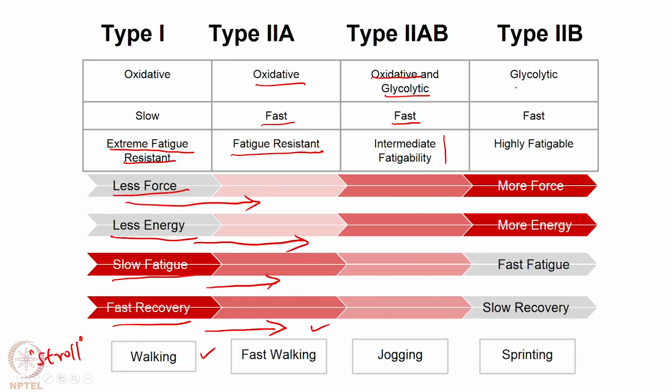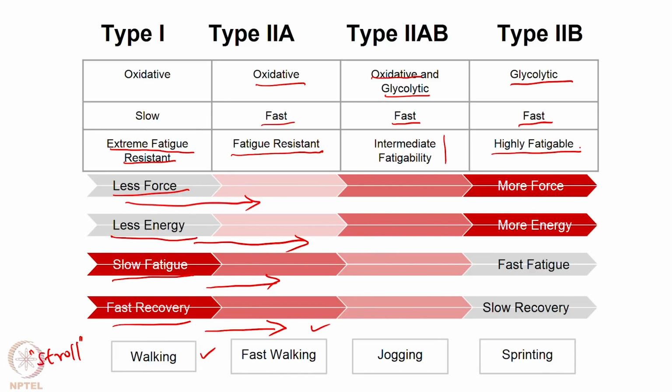I can sprint. If a person is sprinting or weightlifting or doing something like that, the process is purely anaerobic. It does not involve aerobic or oxidative processes, it only recruits fast fibers and is highly fatigable. I cannot lift a 100 kg mass and sustain it for a very long time, nobody can do that. First of all I cannot lift a 100 kg weight, but let us say that I am able to lift it. It is not like I am going to be able to do that for a very long time.